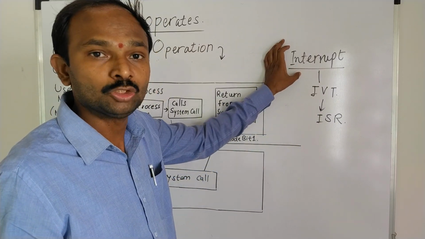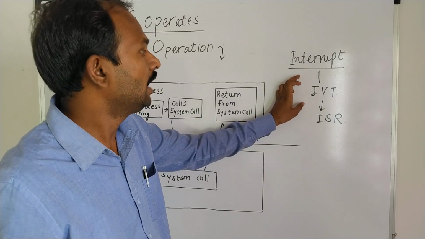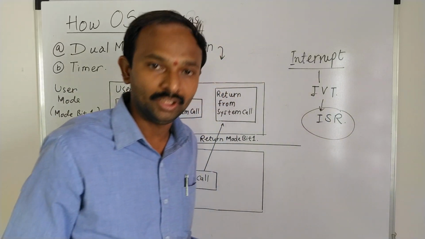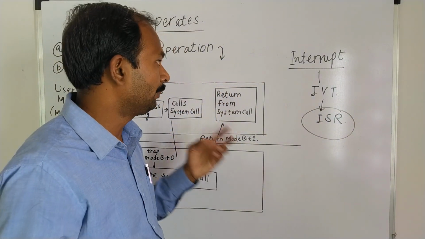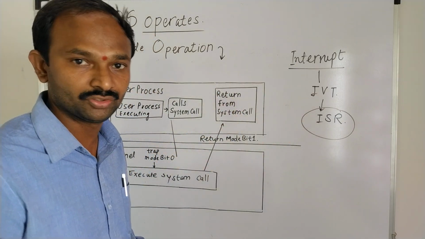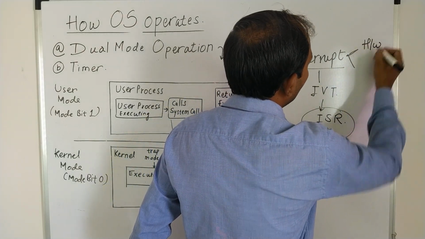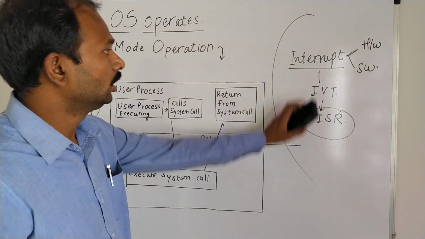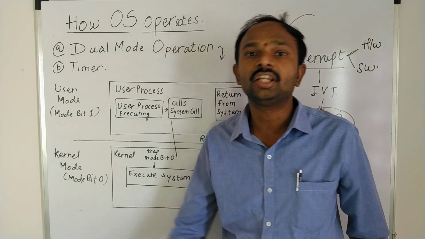So whenever an interrupt occurs in an operating system, the call is given to the interrupt vector table, and finally it is given to a program known as the interrupt service routine. The interrupt service routine executes a particular program, and because of that, that particular interrupt is executed in our computer system. Basically, interrupts are of two types: a hardware interrupt or a software interrupt. In this fashion the operating systems work.